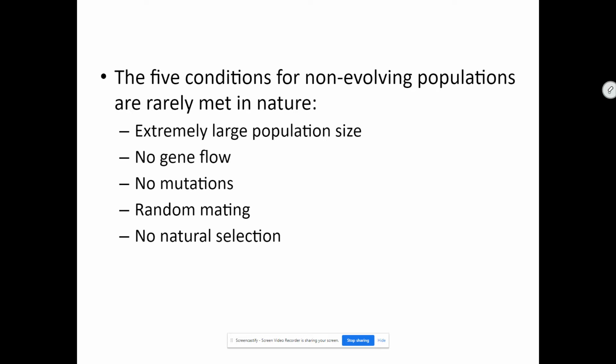And then of course the last one, no natural selection, meaning that the environment is not acting on one set of parameters more or less than it is on another, that everyone in that population has an equal chance of survival. There's no survival of the fittest. Now, this is not normal for populations to be in this sort of equilibrium. This is typically artificial. And so like a zoo or like some sort of animal sanctuary